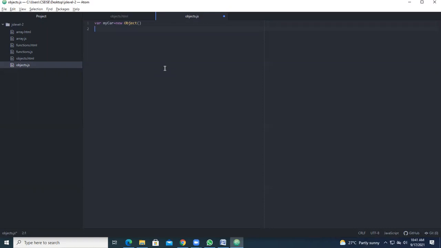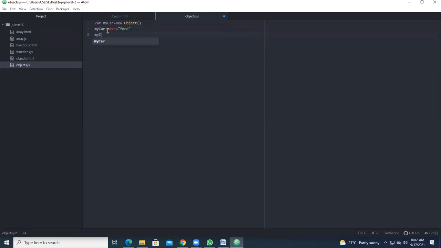It is similar to a structure name. The structure name I have given as myCar here. Now you are going to have the structure members. Here I will be taking three parameters. First I will take myCar.make, the first parameter, and I'll be taking it as Ford.